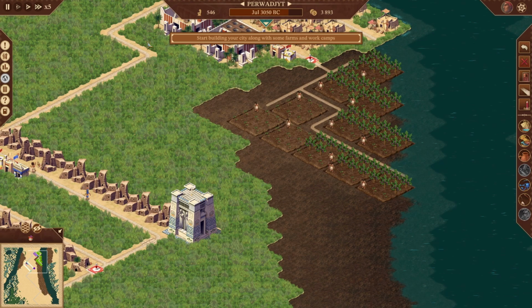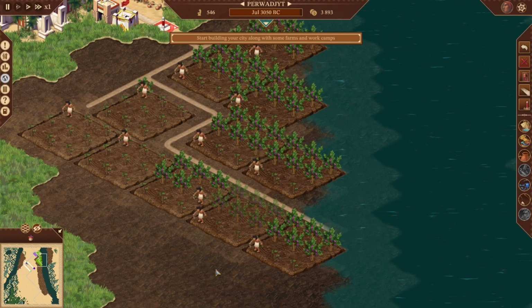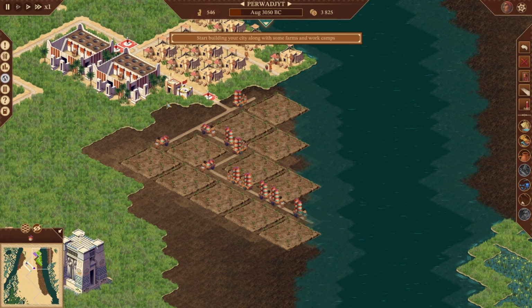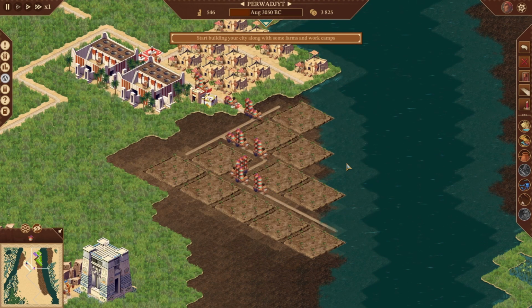Yeah, so they're now starting to harvest. You can see they're scooping. The actions have changed from tilling the land to scooping and cutting away at the plants. And they'll do this for 2 months before the floods come, or 1 month before the flood comes. And then we need to set these to accept all again. That could have been fun if we'd forgotten to do that